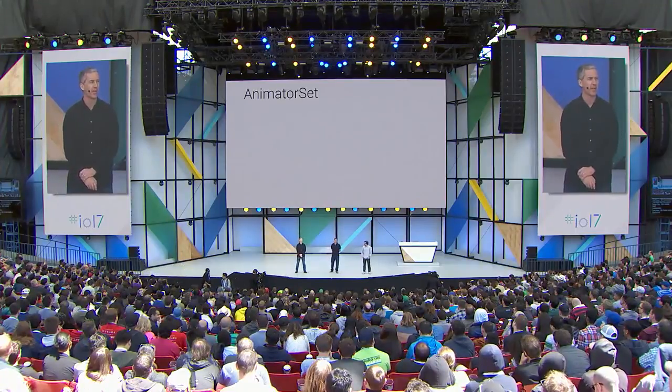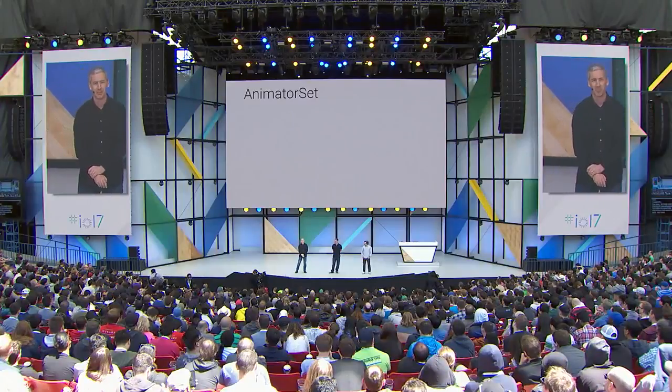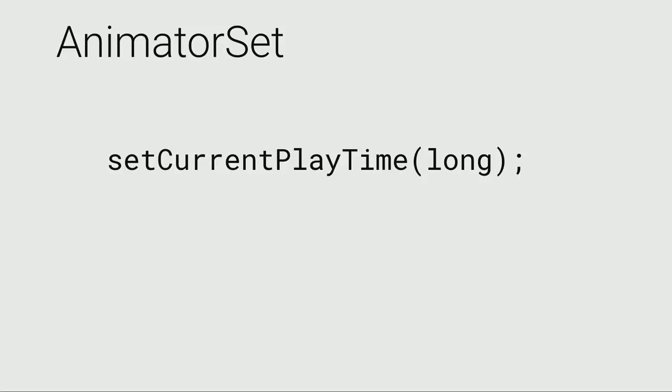Yes, I know that. So there were a couple of long-requested features for animators, specifically for animator sets. They were deceptively tricky to implement, so it took a while. But now in Android O, we have the capability in animator sets of having seeking. So now if you have an animator that's a collection of child animators, you can seek within those child animators in the overall animator set. So yay. We also have the ability